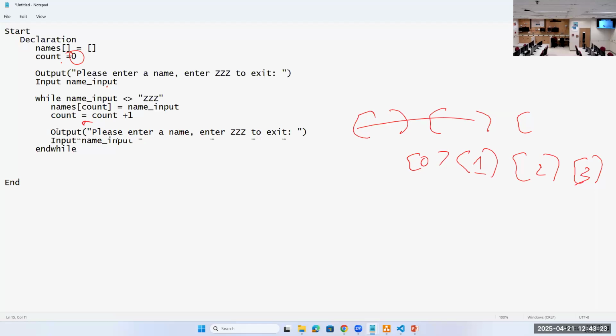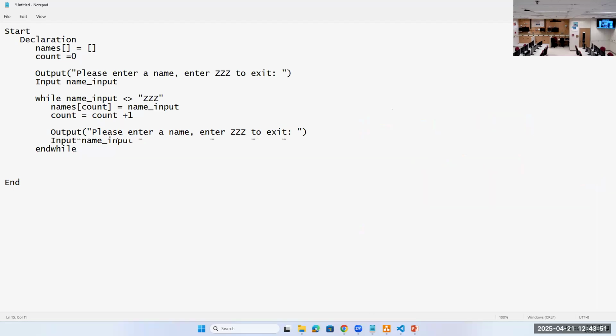It's Python, right? In Python, when you initialize the empty list here, you don't know how many elements you will use. So in Python, you have to use the append function. Append means you add it to the list here. You add it to the list. Append, right? Okay. Now, if you look into my program here,